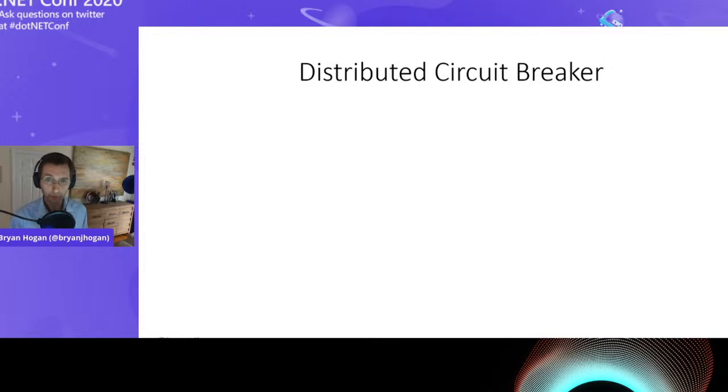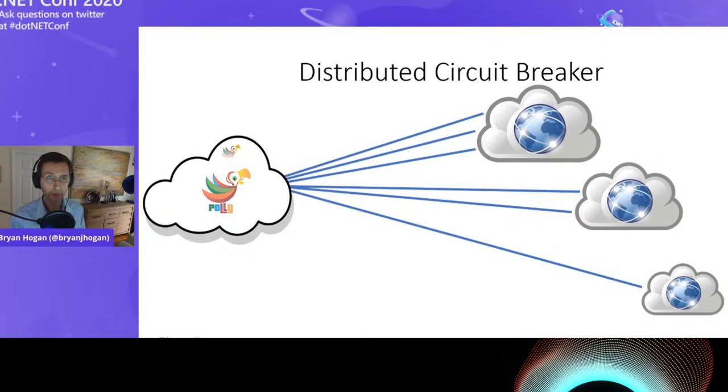The circuit breaker I showed is fine if you have a single instance of an application, but if you have multiple instances, for the circuit breaker to function correctly, all the instances of your application need to share the state. How many times have you had a request that failed? And that's where something like Azure Durable Functions or Azure Durable